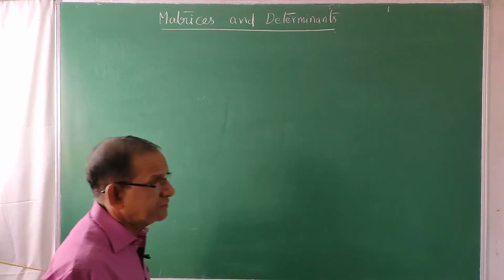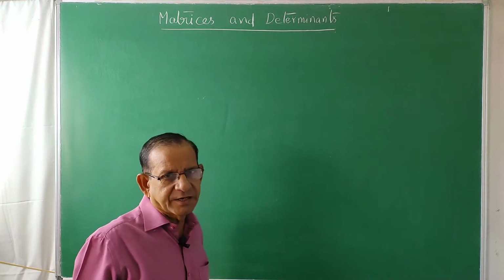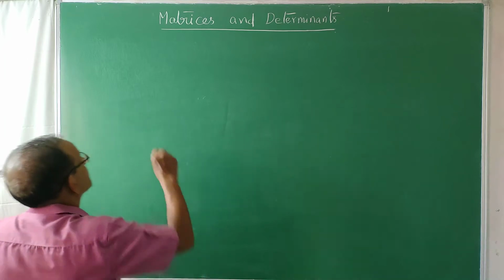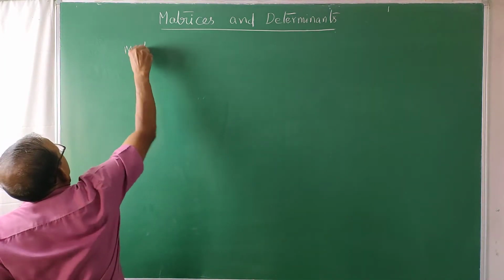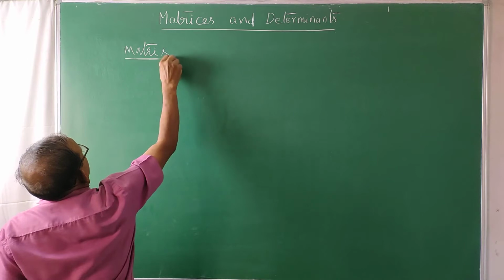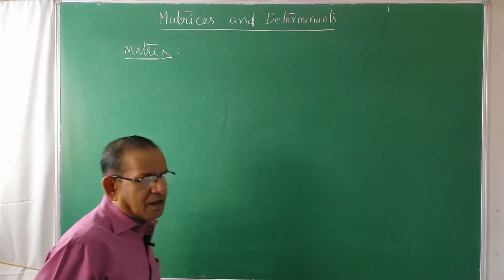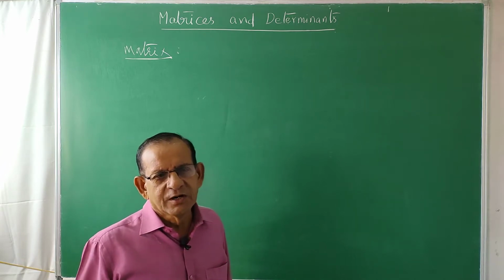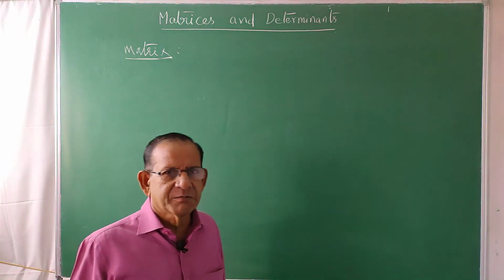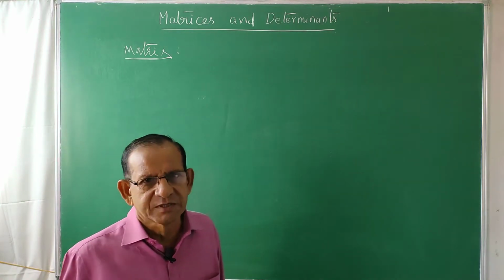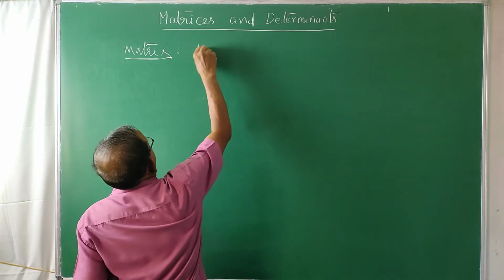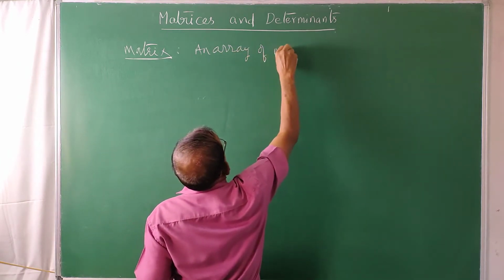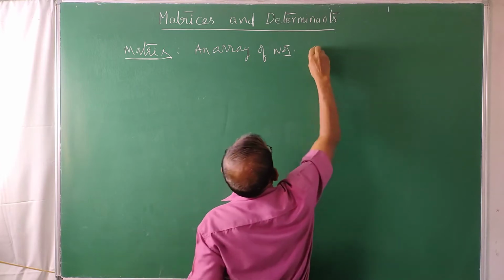Now in this class we are going to discuss matrices and determinants. Now what is a matrix first of all? An arrangement of numbers arranged in rows and columns is called a matrix. Just an arrangement of numbers. Numbers may be real numbers or complex numbers. An arrangement of numbers, or an array of numbers arranged